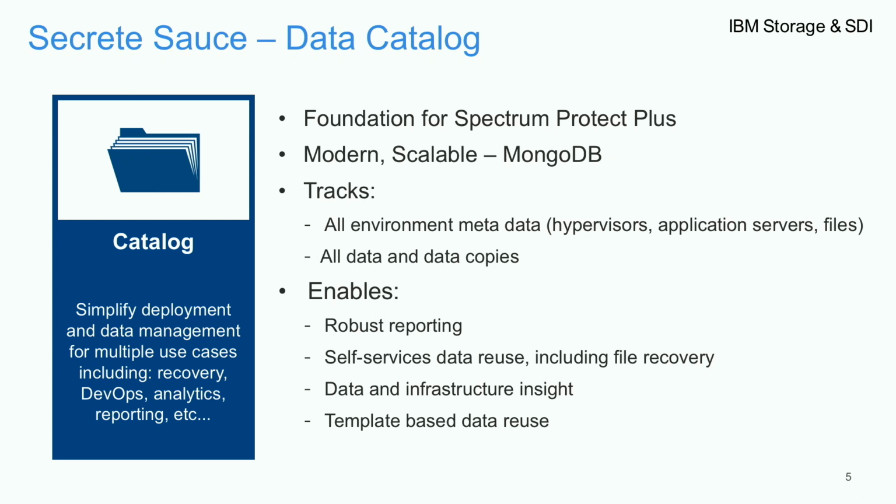What is that catalog doing? It's tracking everything about the environment. Not just the copies that are there, and the copies that we create and land into the vSnap repository, but also the details about the infrastructure itself. We'll go in, we talk to the hypervisor, we'll inventory its hierarchy, and we maintain that information in our catalog. Having that rich, global, single monolithic catalog across all the data about the environment, the metadata, and so forth, enables us to do some of the interesting things we talk about, like this ability to do robust